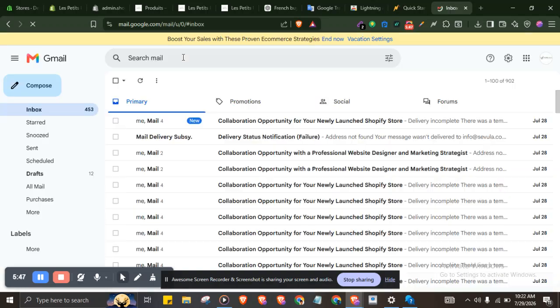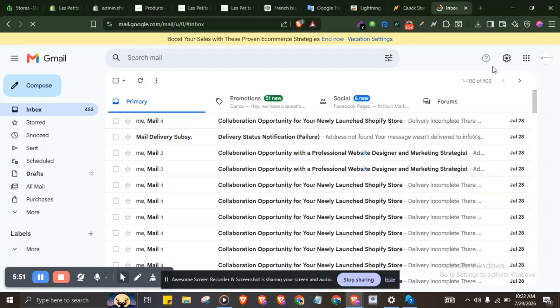You all should know how to do that, but let me just talk about it as well. So after you enter your Gmail, you come to settings. These settings at the top. You click on the settings. So after you click on the settings,